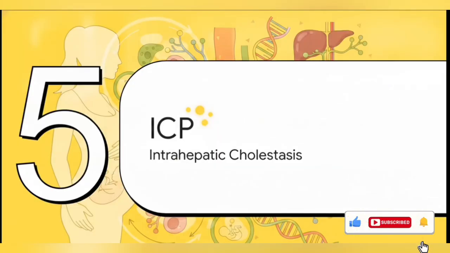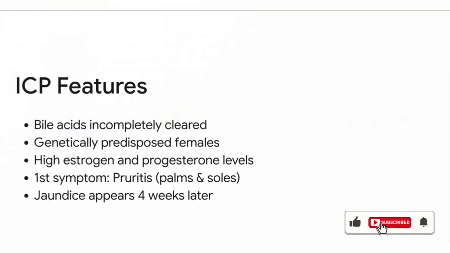Section 5, ICP, intrahepatic cholestasis of pregnancy. This one is unique because it's completely tied to pregnancy hormones and is fully reversible, though it does tend to reoccur in future pregnancies. So what's the core issue here? In ICP, bile acids are incompletely cleared by the liver, and they just accumulate in the plasma. This usually happens in genetically susceptible females when they get exposed to those massive third trimester spikes in estrogen and